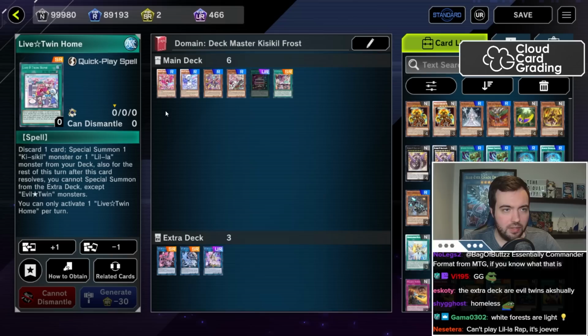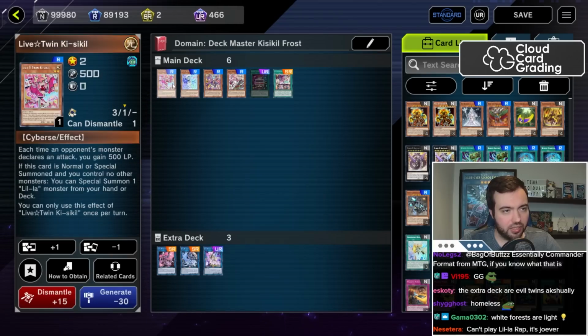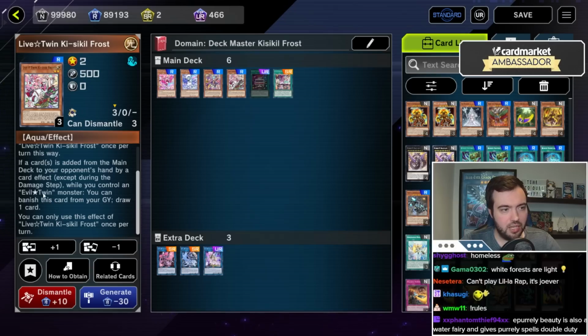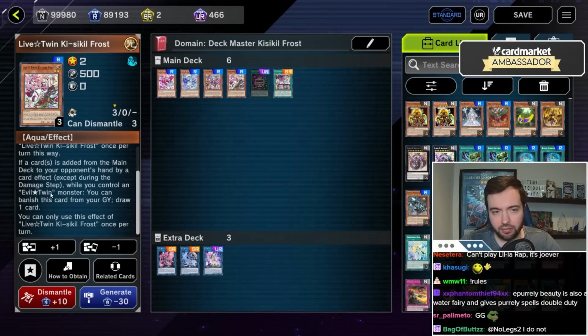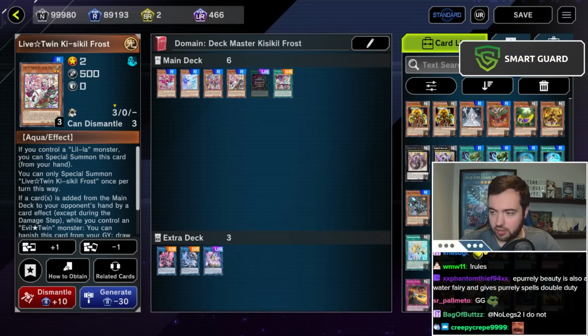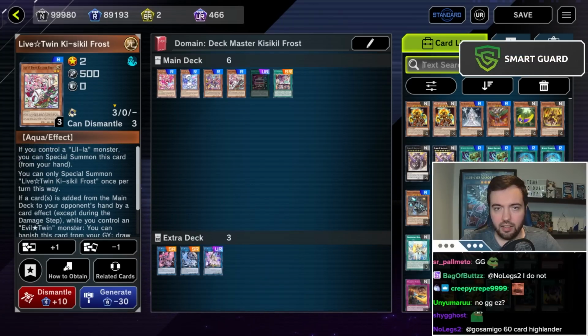The extra deck are Evil Twins, actually? Nah, that's the same archetype, right? There's no shot. It even mentions Evil Twins. Kill Frost. Kill Frost mentions Evil Twins, so like that's fine, right? Surely. Okay, so